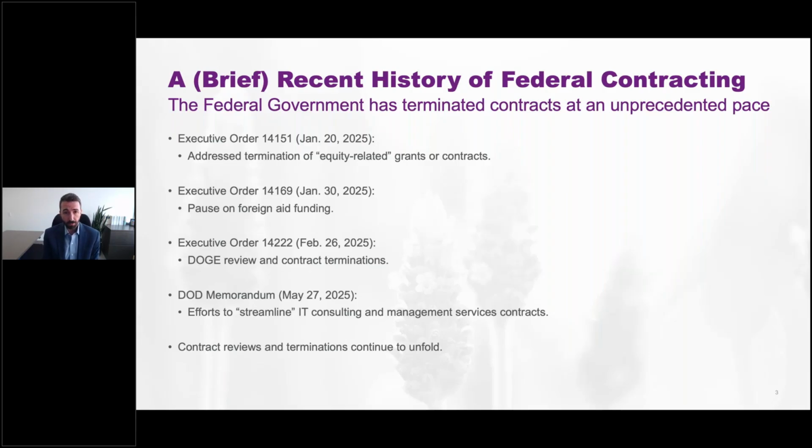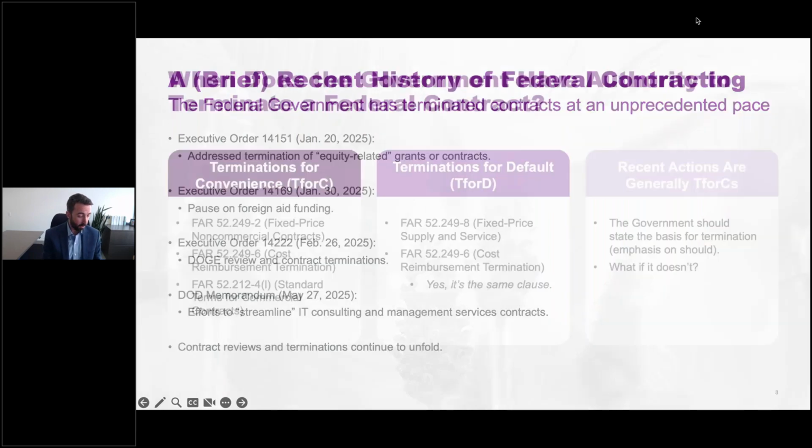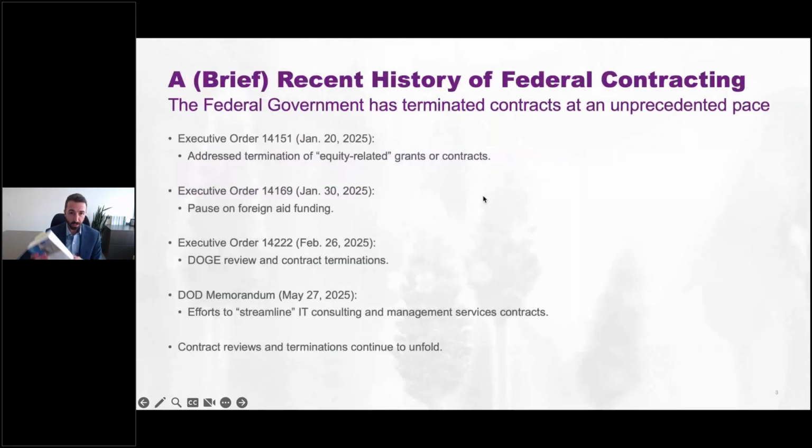So given all of this, that's the topic for today. If you find yourself at the receiving end of a termination notice for one of your federal contracts, what do you do? Because it's complicated, right? And you may have opened Part 49 of the FAR. We've got the book right here. It's a big, complicated book. It's not the easiest thing to read, and it's not the easiest thing to apply.